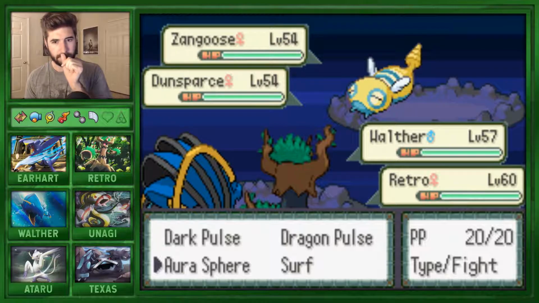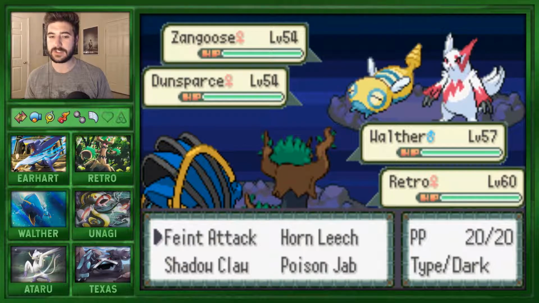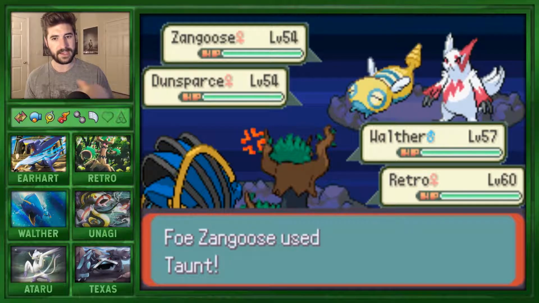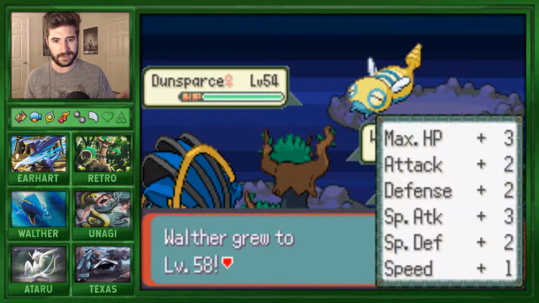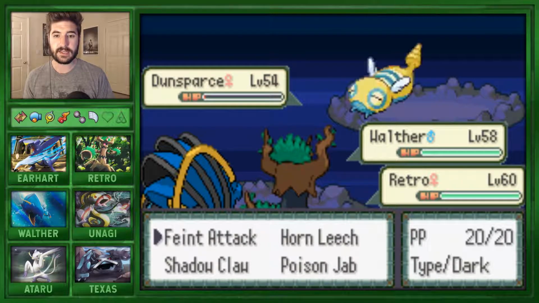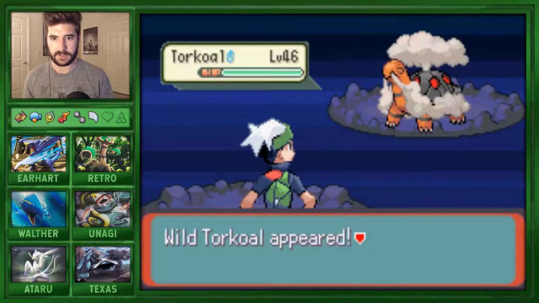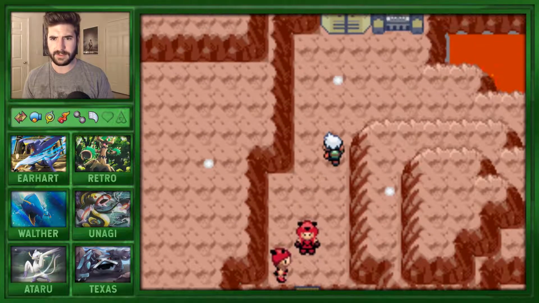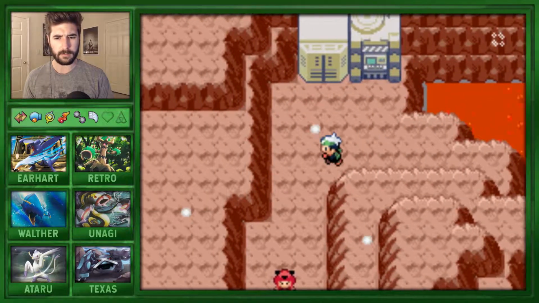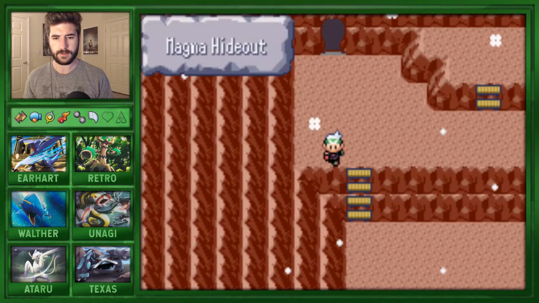I probably would just go for the Aura Sphere, since it's a little bit stronger. I'm more scared of the Zangoose because it could have a Night Slash, so let's double up on the Zangoose. The Dunsparce is going to go for Endure, which is hilarious because it's just going to leave it at 1 HP, but still. We'll go ahead and double attack that thing, get rid of it. Nothing to worry about. Yeah, this is weird that there's only two Pokemon available in this entire place to capture, Torkoals and Geodudes, but...